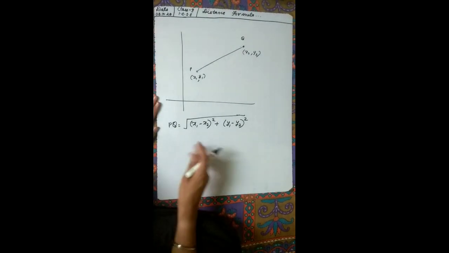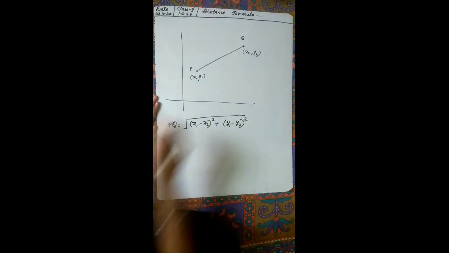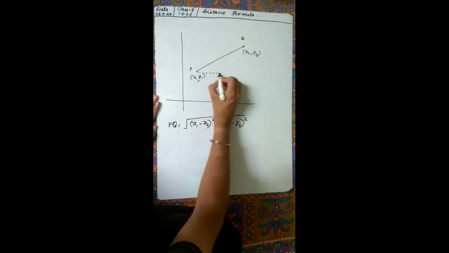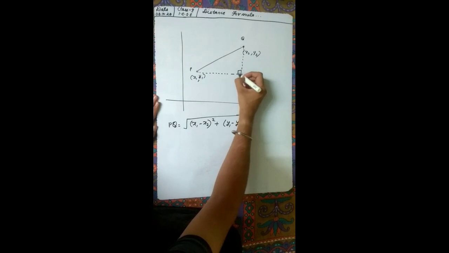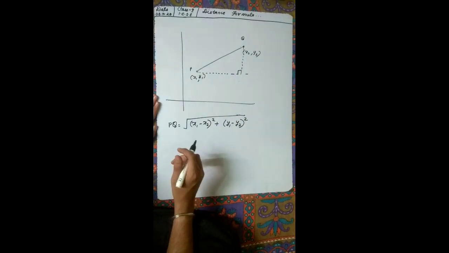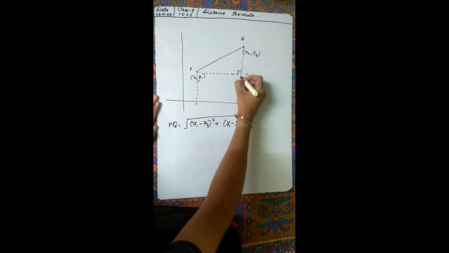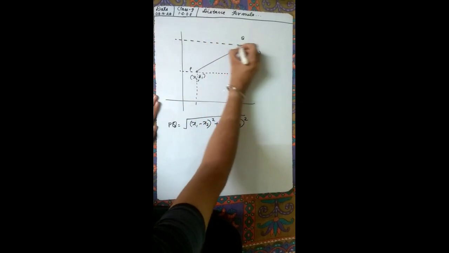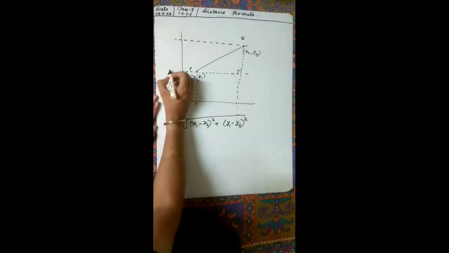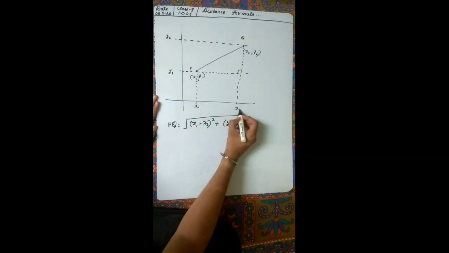Actually, in this we have used the application of Pythagoras theorem. We consider these two points as the hypotenuse, and if I make a straight line here and a straight line here, it makes a 90-degree angle. This is explained like this: if we consider this as y1, this as y2, and this is x1 and this is x2, then